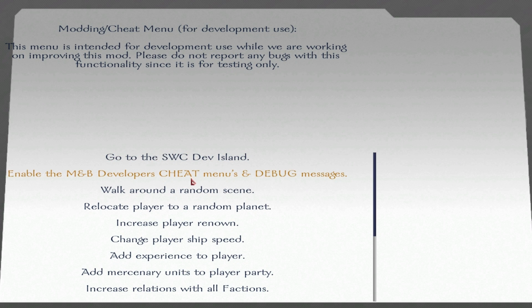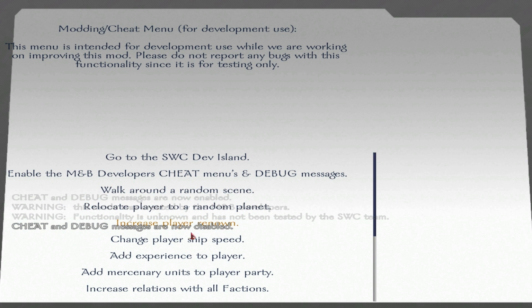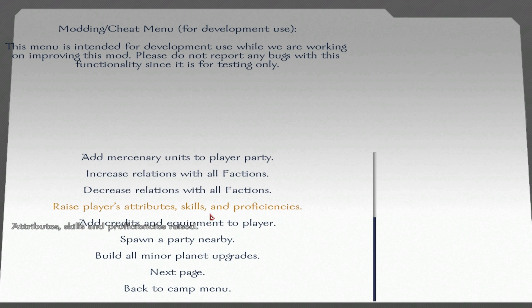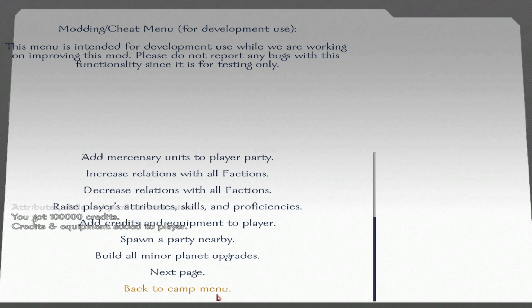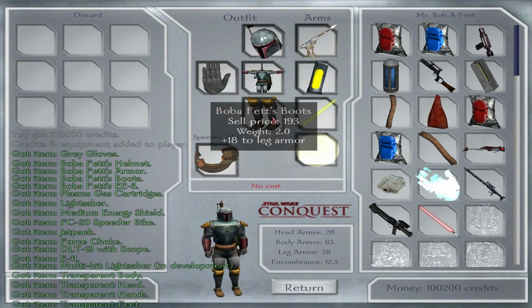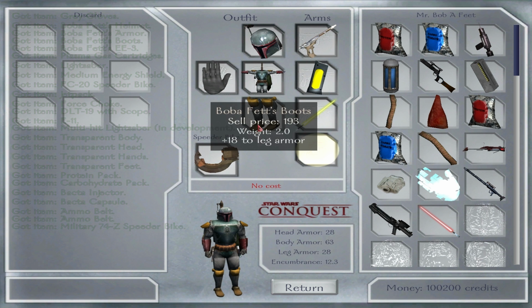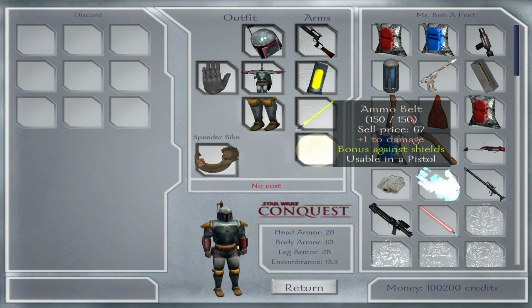Now, you can enable the developer's cheat menu and debug messages. Although, I don't really know how to use it, so I'm just going to turn it off. Now, one thing I'll do is, first of all, raise players' attributes, skills and proficiencies. This basically maxes out everything. So basically every stat will be maxed out. And if we do add credits and equipment to player, let's quickly show you. We get given 100,000 and Boba Fett's armor, which does look pretty nice. Now, one thing I would like to show you guys, it gives us a whole bunch of stuff as well. Let's see if I can...